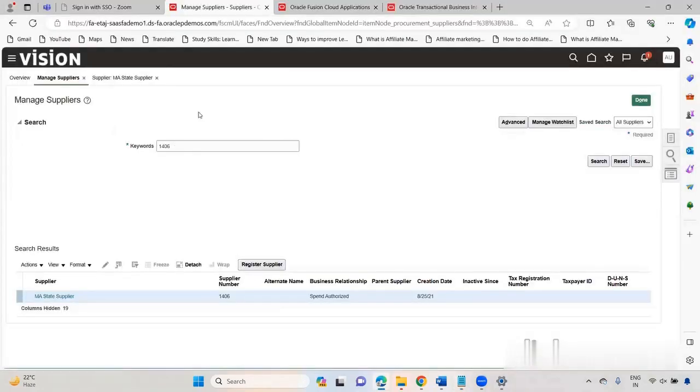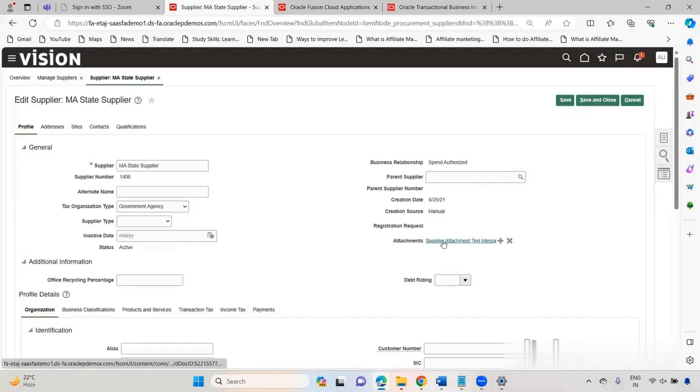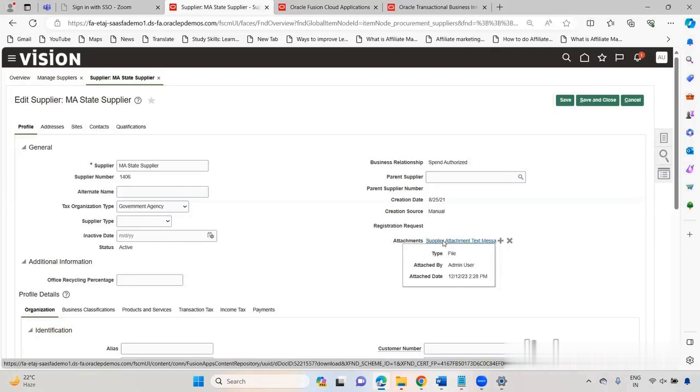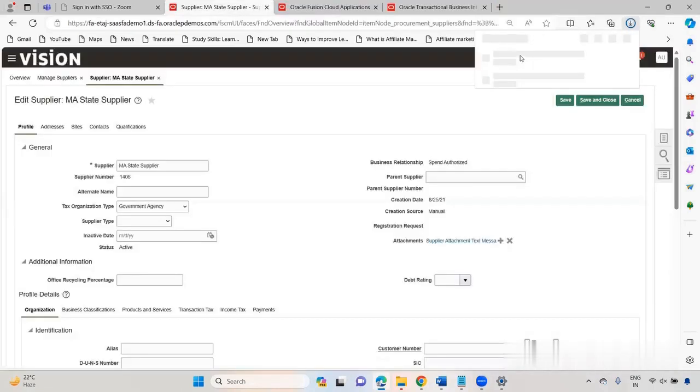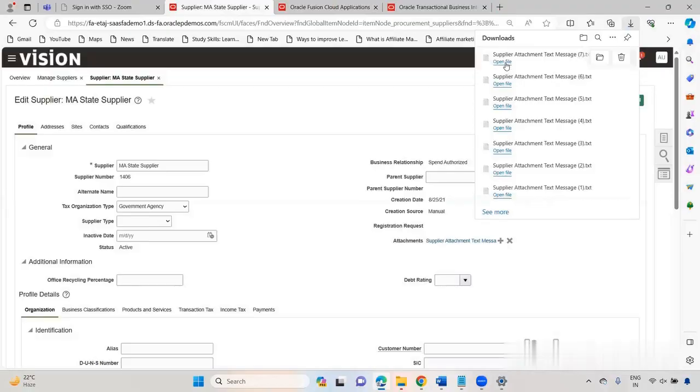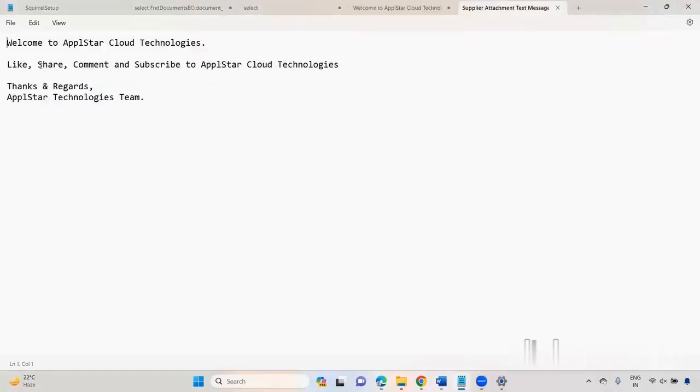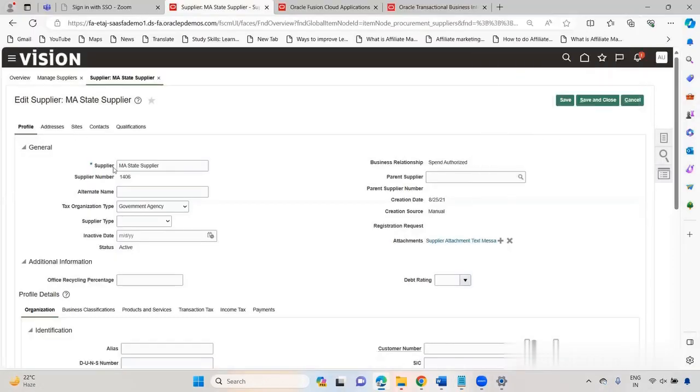Let's say we have a supplier with supplier number 1406 and supplier name master supplier with the attachment associated with this supplier. This is the text attachment which is attached to the supplier, and inside this text attachment we have a text message called "Welcome to Apple Store Cloud Technologies", and this is the complete message. The requirement is to print the message in the BIP report along with the basic supplier details like supplier name, supplier number,